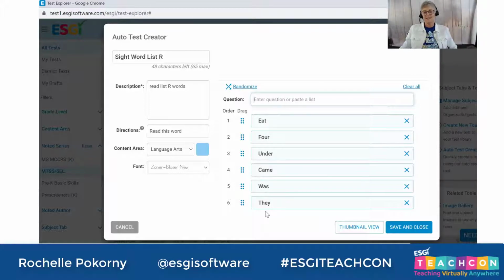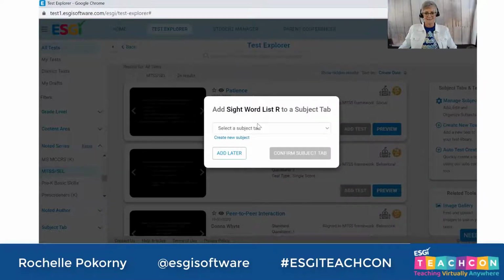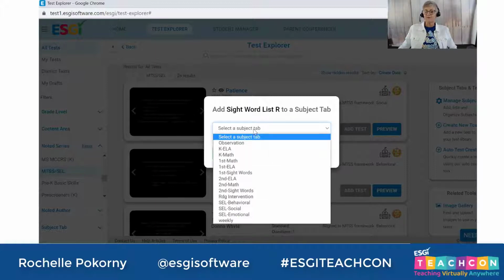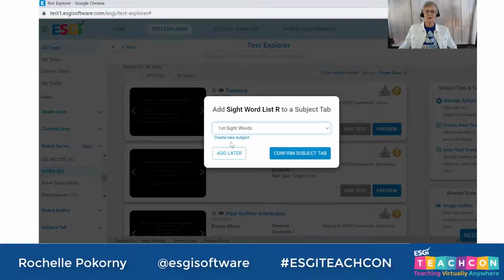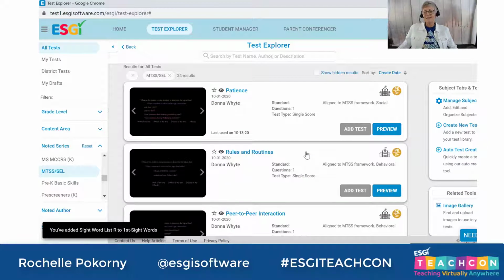If you have all that stored on your computer, you can just put it right here by doing copy paste as I did. So now I'm going to save and close, and this is going to make my sight word list R test. Now I can add it later to my subject tab, or for a time saver, I can say, you know what, this is my first grade sight word list R. I'm going to go ahead and add it to my subject tab right now,